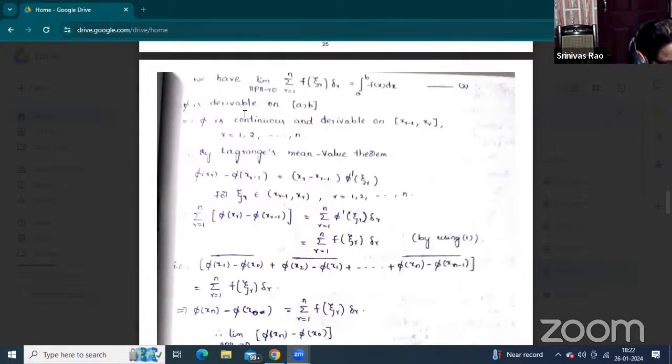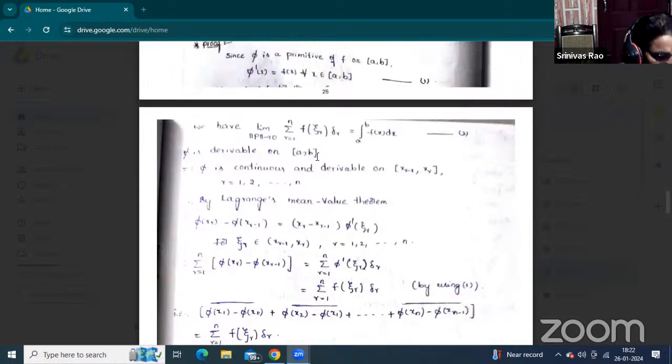So when phi is derivable on the closed interval [a, b], already we know one of the important properties: every derivable function is continuous. When the function is derivable, then it is continuous, but a continuous function is not necessarily derivable. Now, especially in this material, without the continuous and derivable parts, how can you explain the integrable function? How to calculate the function?